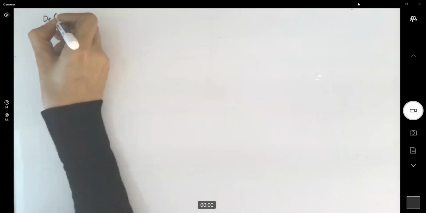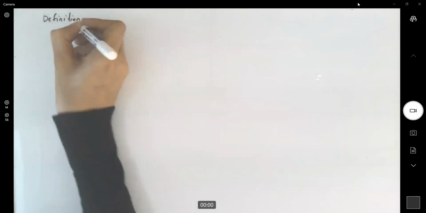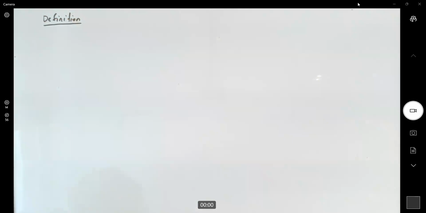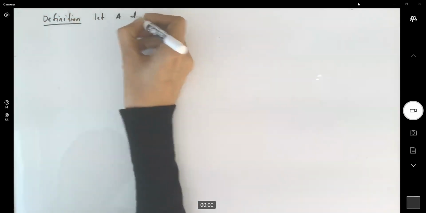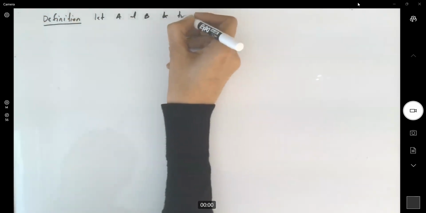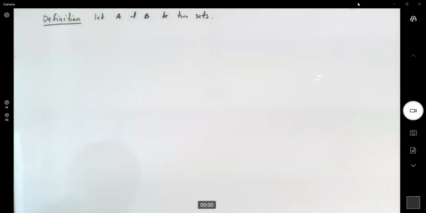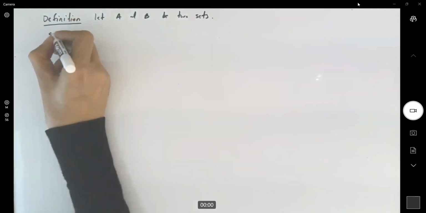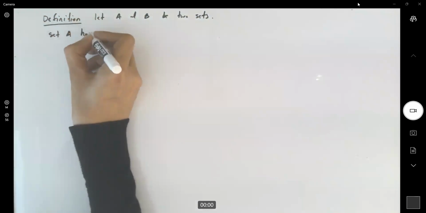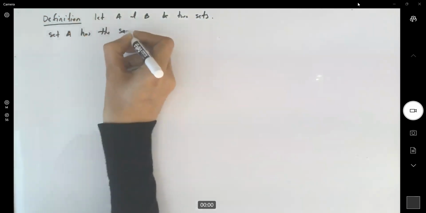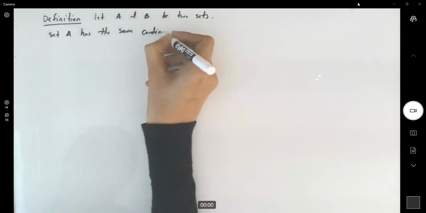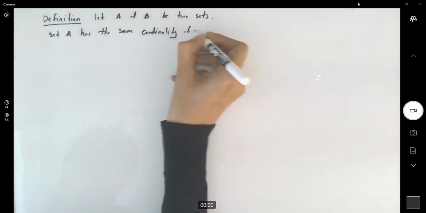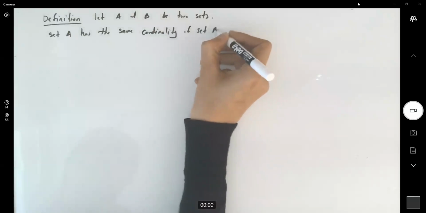Definition. Suppose you have two sets. Let A and B be two sets. We say that set A has the same cardinality or size of set B